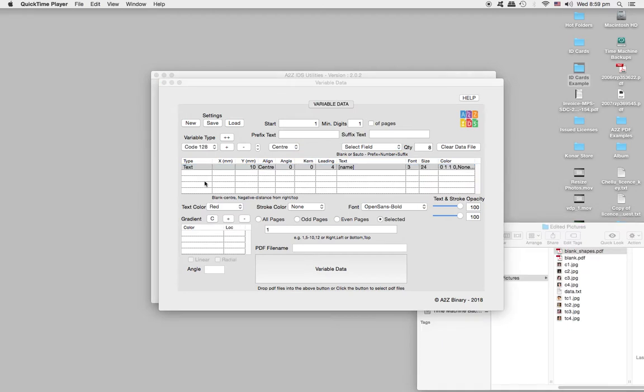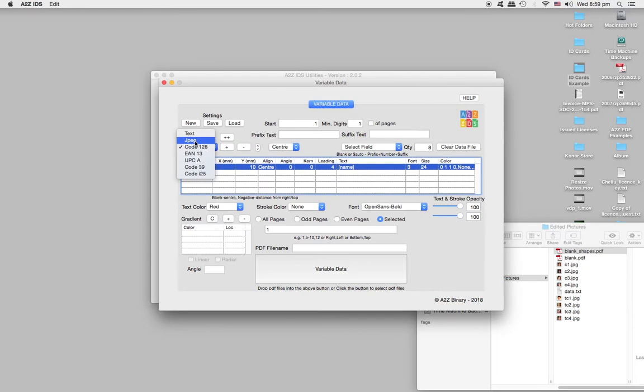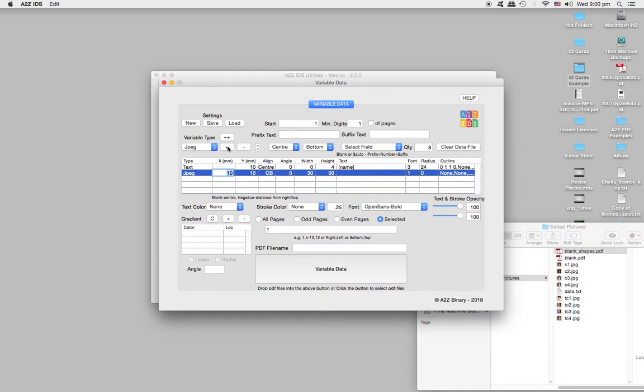As a next step, we need to place the photograph in the ID card. Since the photograph is a JPEG file, select JPEG from this list and click on the Add button. Again, specify the location of the photograph. We want it centered, so leave X as blank. And then we want the photograph to appear at a distance of 25 mm from the bottom, so type in 25. The picture has to be centered, bottom aligned,